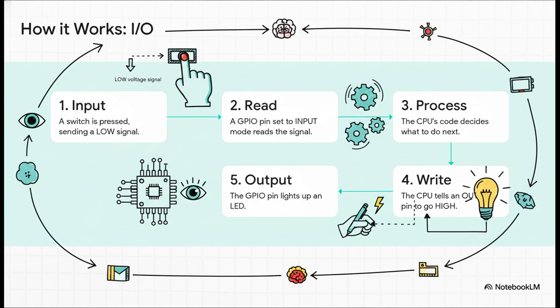That sends a low voltage signal to one of the GPIO pins that we've set up as an input. Step two, the MCU's brain is constantly checking that pin and it reads that low signal. Step three, the code we wrote kicks in. It basically says, hey, if that pin is low, then you need to do something. So, step four, the code tells a different pin, one we've set as an output, to send a high voltage